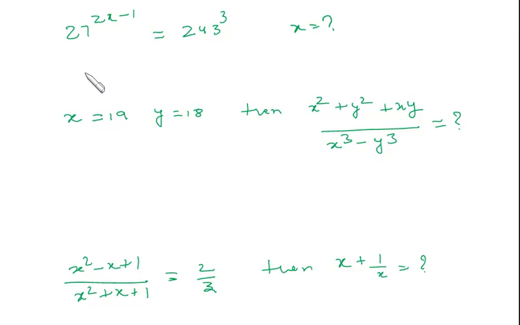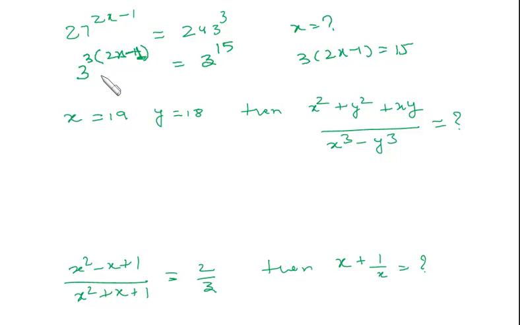So 27 can be written as 3 raised to 3, right? So it is 3 raised to 3 into 2x minus 1. And 243 is 3 raised to 5, so it is 3 raised to 15, 5 into 3. Okay, now 3 into 2x minus 1 is equal to 15,